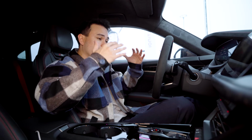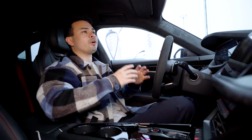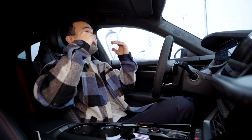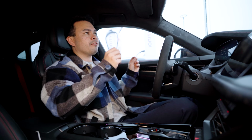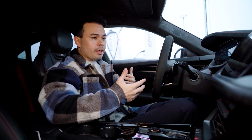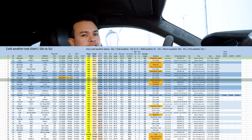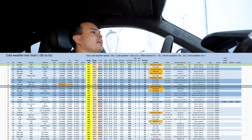So what we're going to do in this test for this car, which we did with the Taycan, is count for a bottom buffer of 1.5 kilowatt hours, meaning the usable capacity we're using for this car in this test and for this chart is 95.7 kilowatt hours instead of 97.0. And with that number, that gives us a theoretical range under today's conditions of 346 kilometers,